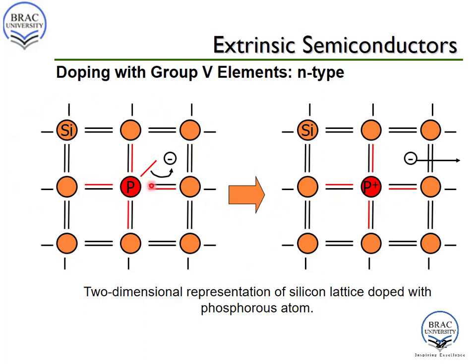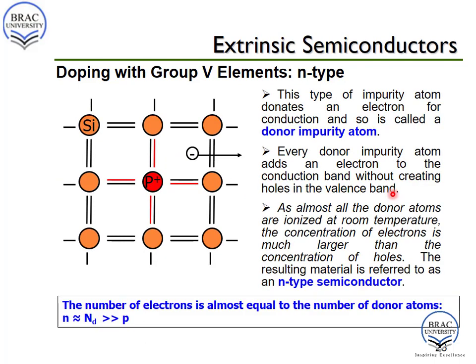As the phosphorus is losing one of its electrons, it becomes a phosphorus ion, and each of the phosphorus atoms in the silicon structure will give up 1 electron. There are free electrons in the structure, but we have to remember that the whole structure is actually neutral, because for each electron there is also a phosphorus ion. So in this case, each of the phosphorus atoms added will create an extra electron in the structure. So this phosphorus actually donates an electron to this whole structure, and thus is called a donor impurity atom.